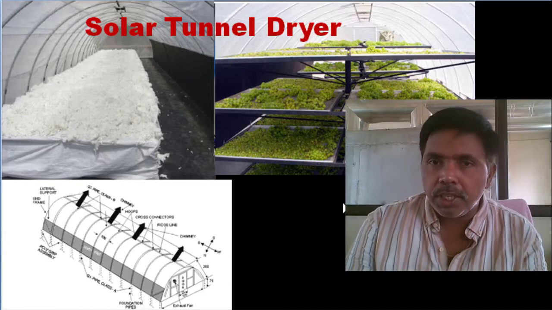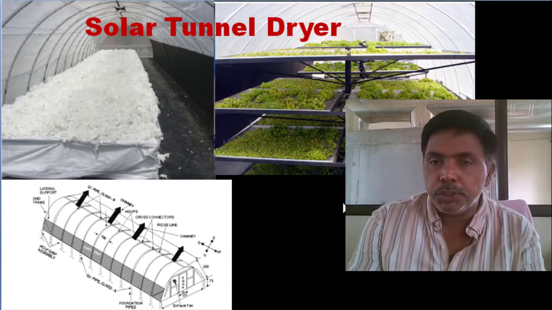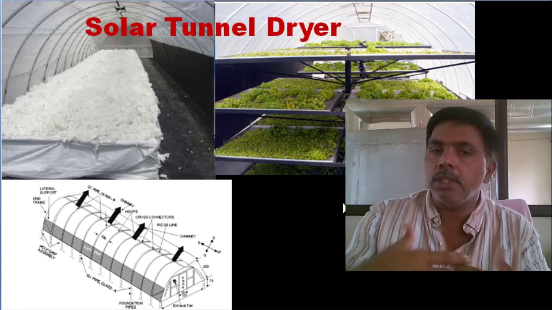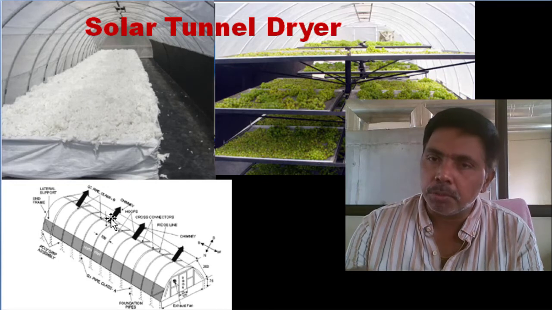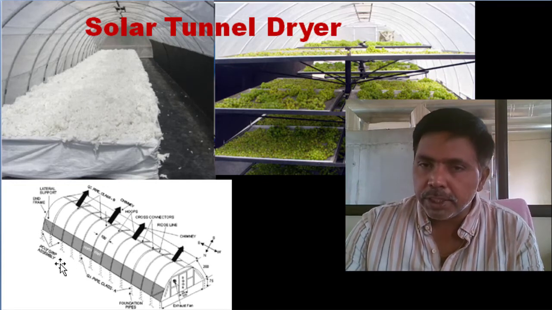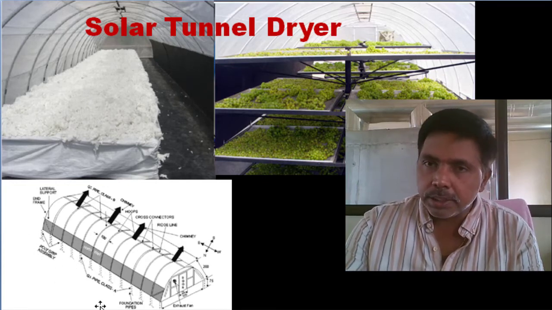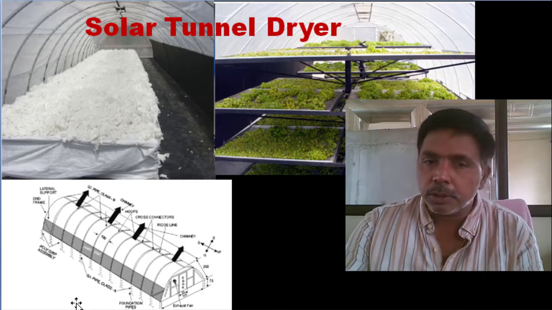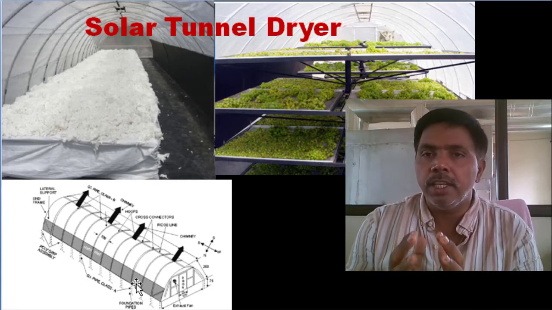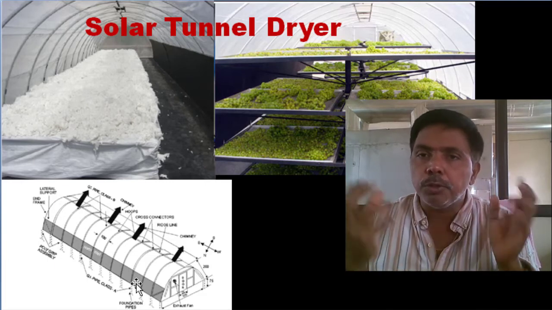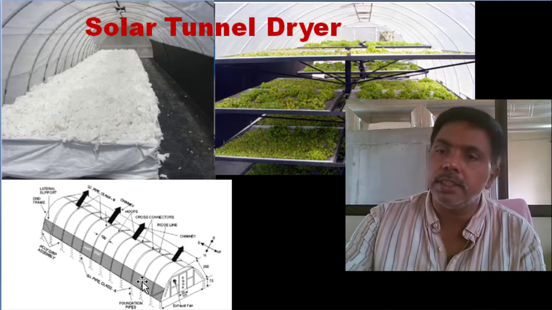Based on the investment cost also, it is the same UV protected sheet only, but large capacity. Here also we are placing a chimney type structure or some exhaust. If sufficient temperature is not coming, then separate air heater collectors we are connecting to the tunnel. Tonnage of loading is there. With low investment cost, if I want to dry them, the solar tunnel dryer is the best option.